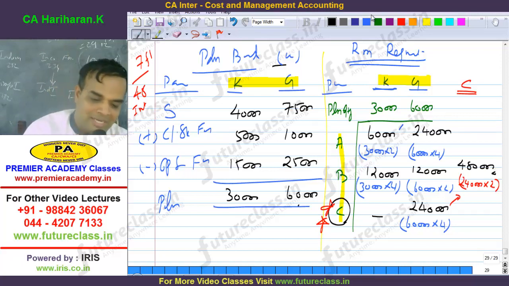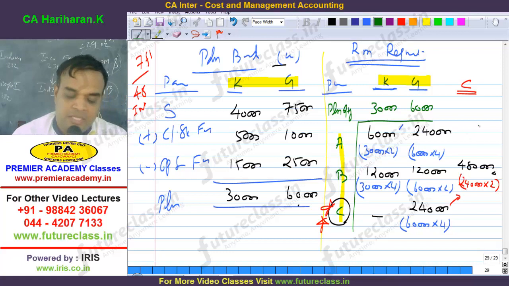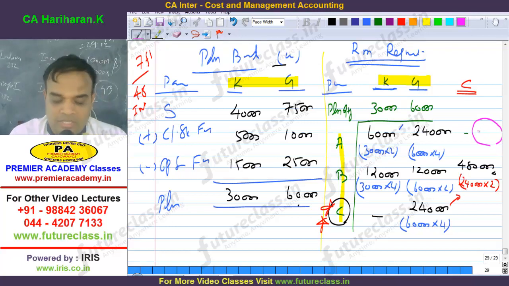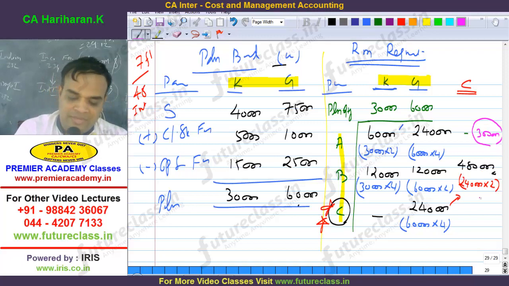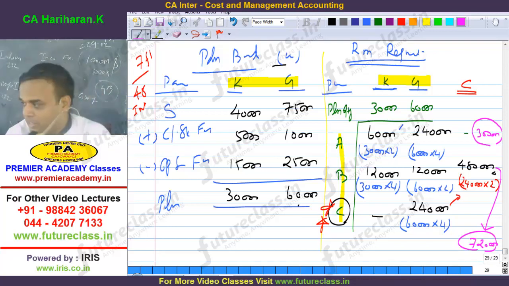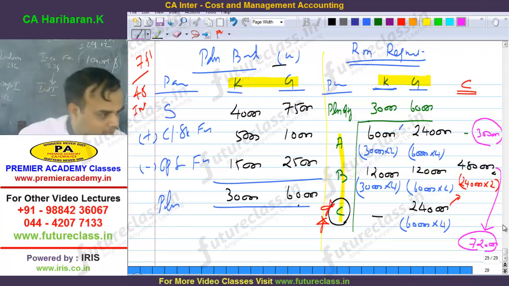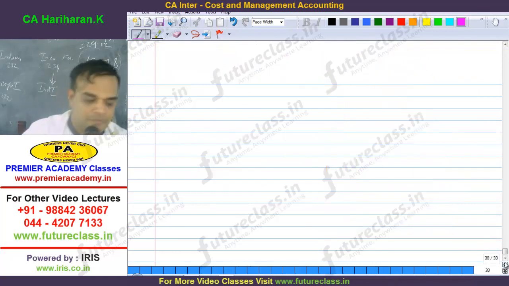Now, total requirement. How much is the total requirement now? You have to add row wise. Raw material A is 3 lakhs, whereas B I'll write here as 7,20,000. Not required for C, because C we are going to produce from B. Therefore, raw material A's requirement is 3 lakh kgs and B's requirement is 7,20,000. How many of you understood? Clear? Now, shall we go to the next one? What is the next requirement now?